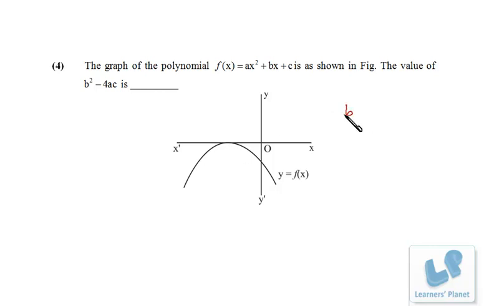In that case b square minus 4ac, the expression which we have just discussed, will be equal to 0, right? If both the zeros are same, that means b square is equal to 4ac, right? So b square minus 4ac will be 0 if both the roots or both the zeros are same, right? And if both the zeros are same, this parabola or this curve will just touch the x-axis. It will not intersect the x-axis. Okay,